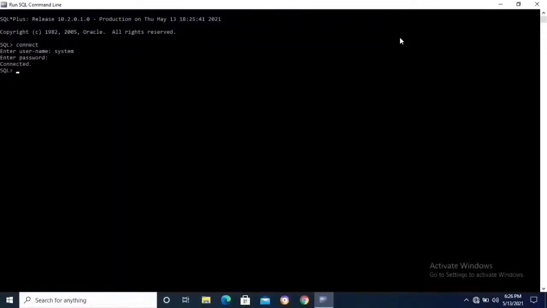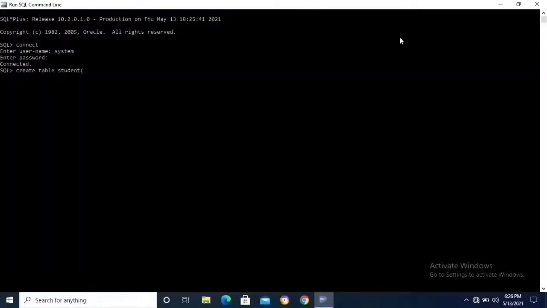So connected. Next, start the table creation. In table creation, the command is create table. Table name is student. Bracket open.